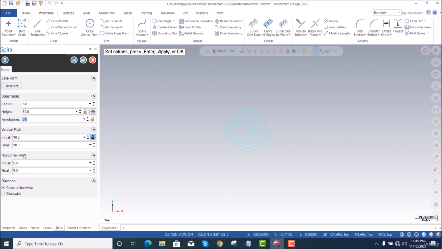Revolutions are the number of revolutions, 1, 2, 3, 4, 5. Okay. Vertical pitch is the distance between these two lines vertically. Initially it is 10, finally it is 10. So the distance between all of them is constant. If I want initially to be 5 but final 10, then see,